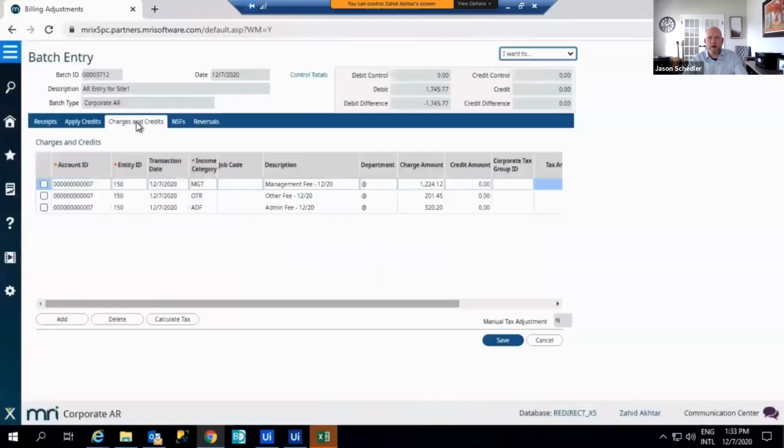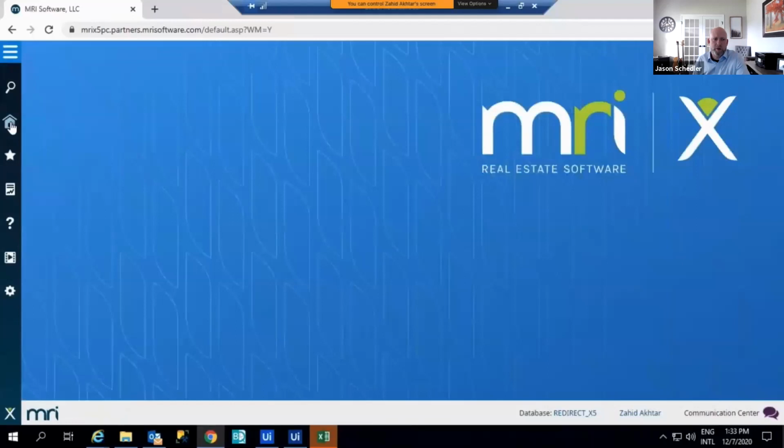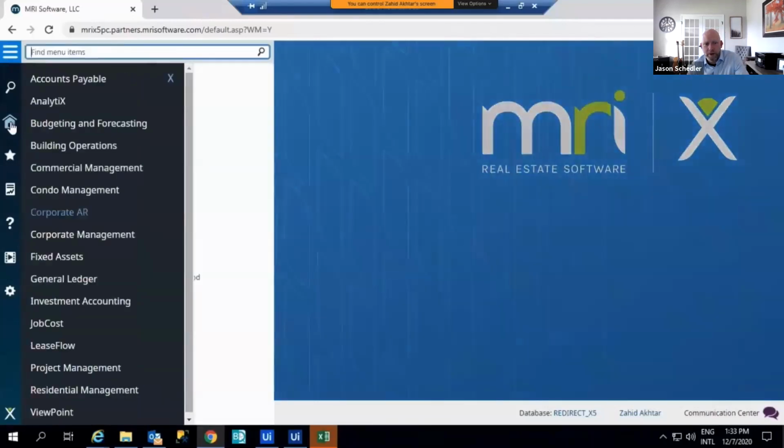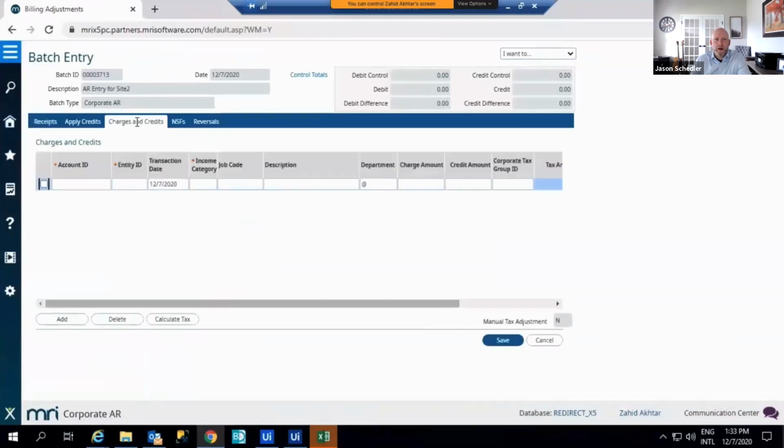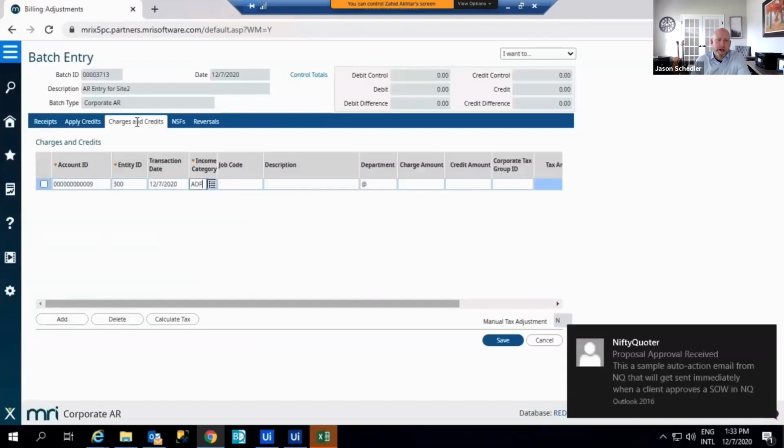So here's the bot now matching control totals, which if they didn't match, we could program the bot to send a notification that there's something out of whack. And here is the second entity. And this is actually when watching